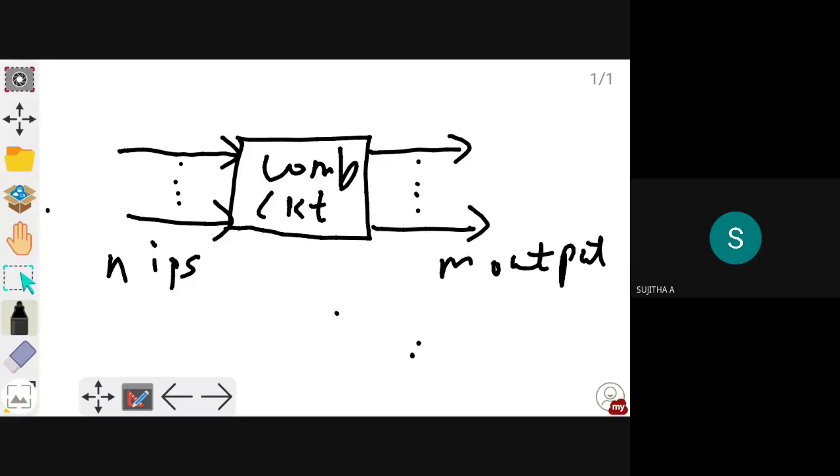Whereas in a sequential circuit, your output will depend upon the present input as well as the past inputs. So your past inputs will be stored in the storage element, and your output will depend upon the present input as well as the state of the storage element. That is the sequential circuit. So in sequential